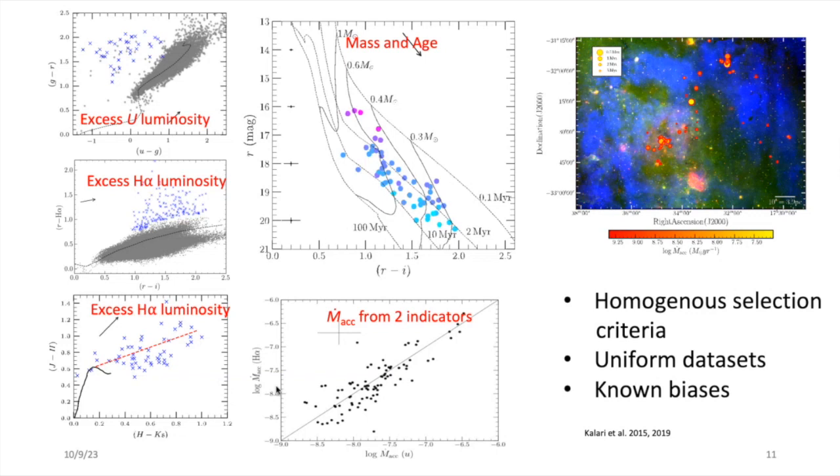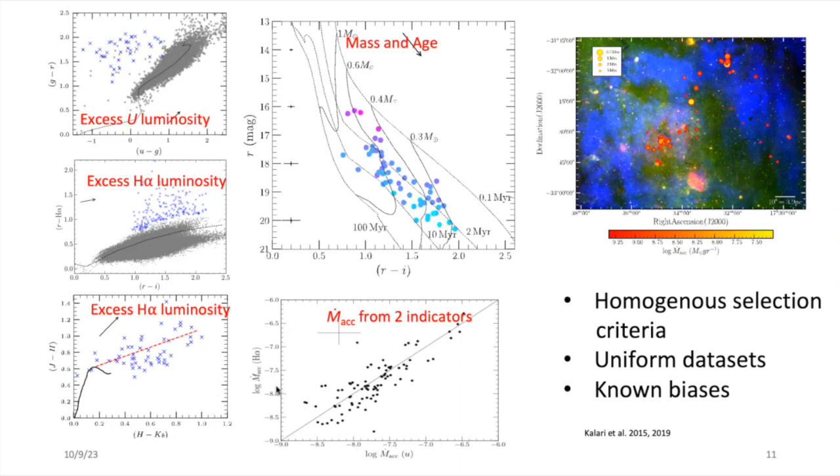And not only can you get the mass accretion rate from one indicator, you can get it from two indicators, the H alpha luminosity and also the U band luminosity. And generally what we've seen even with photometry is that these indicators agree well within the errors. Not only can you study pre-main sequence evolution here, but you can also have a